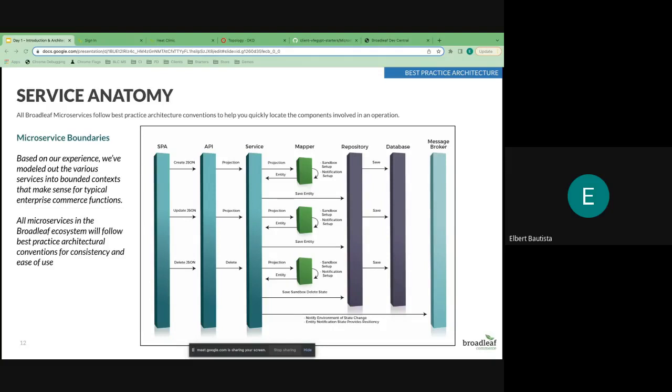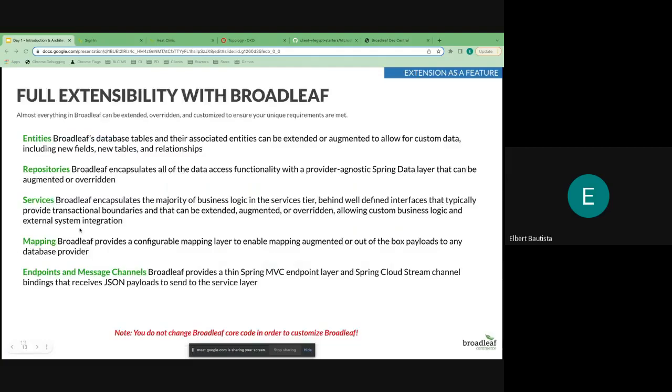So that's a very high level overview of just the general pattern that you're going to see throughout all of the microservices. And the reason I want to show you this diagram is basically, at every layer, Broadleaf